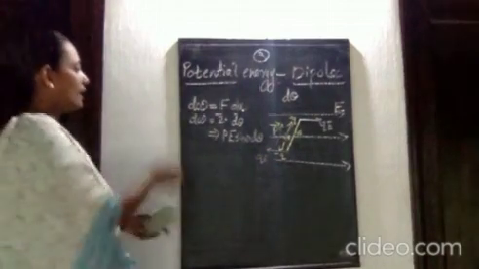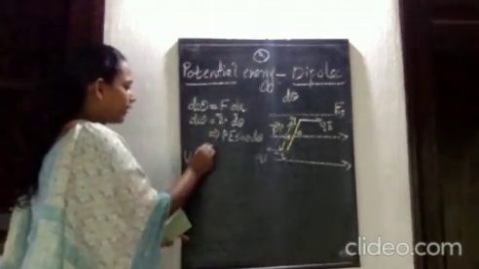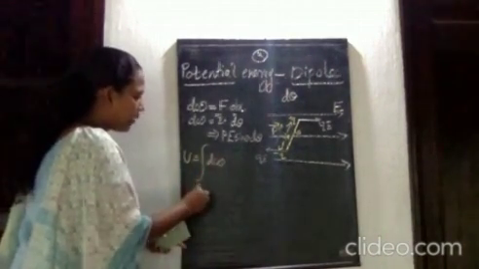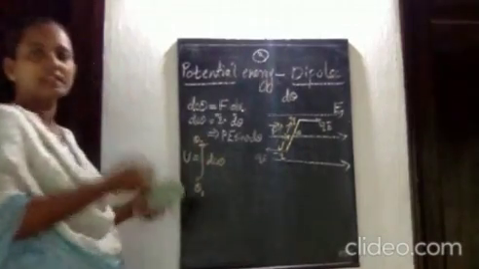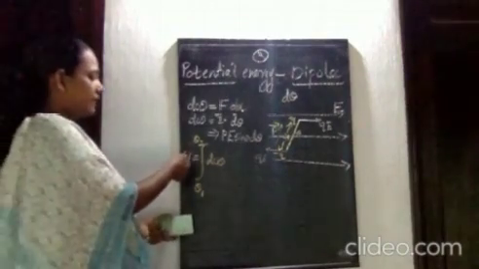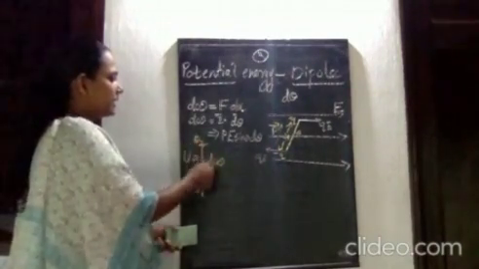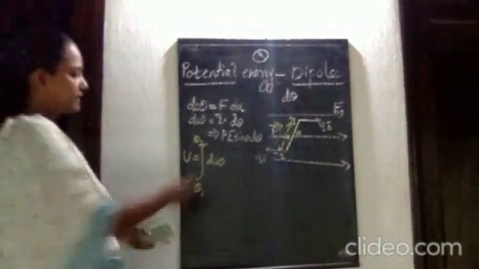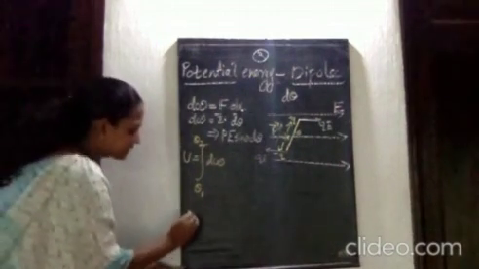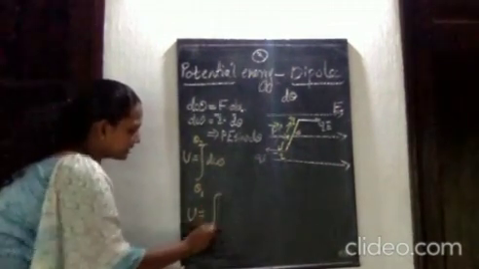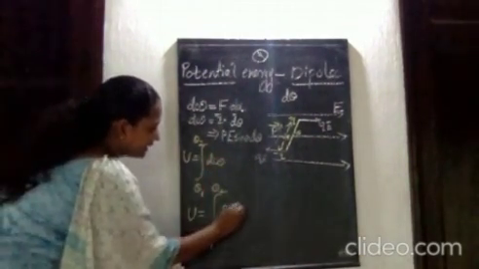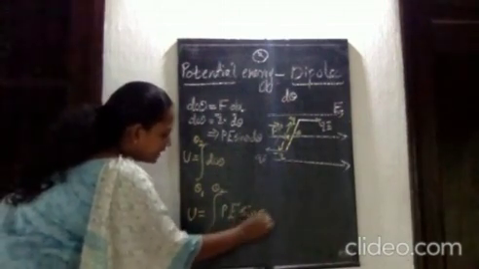So in order to calculate the potential energy, we want to calculate the total work done to rotate the dipole from an initial angle theta 1 to a final angle theta 2. The potential energy of the system is the integral from theta 1 to theta 2 of dW. And dW is P E sin theta d theta itself.